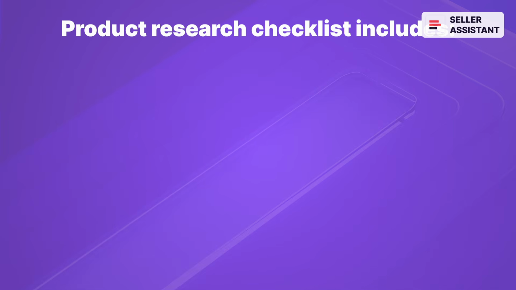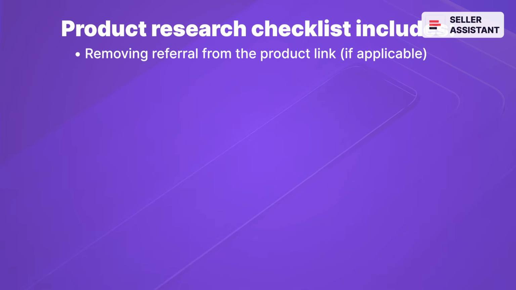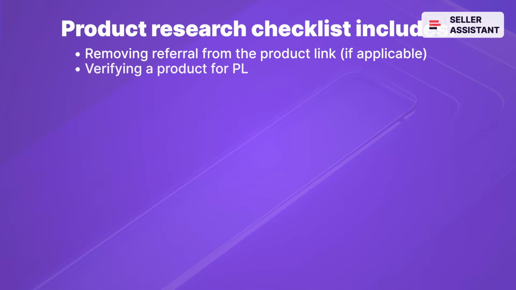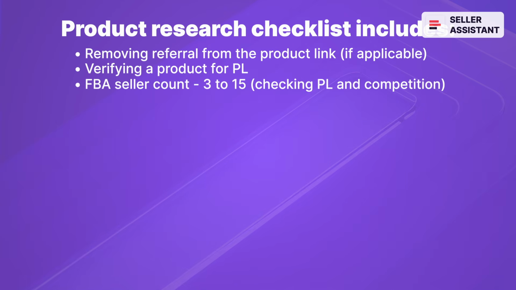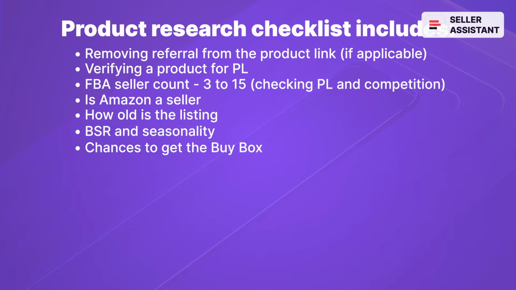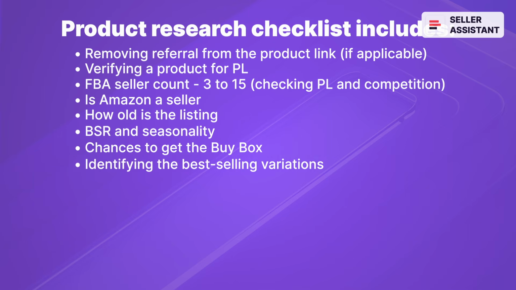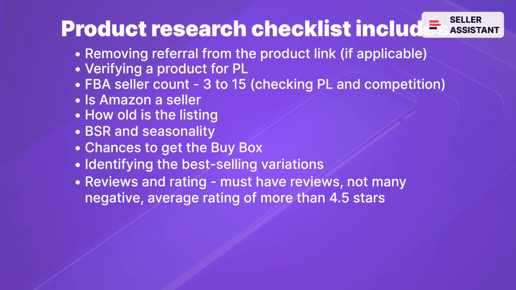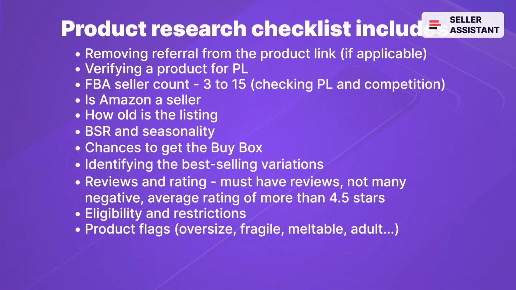The Product Research Checklist includes: removing referral from the product link, if applicable; verifying a product for PL; FBA seller count, 3 to 15; checking PL and competition; is Amazon a seller; how old is the listing; BSR and seasonality; chances to get the buy box; identifying the best-selling variations; reviews and rating, must have reviews, not many negative, average rating of more than 4.5 stars; eligibility and restrictions; product flags, oversized, fragile, meltable, adult;